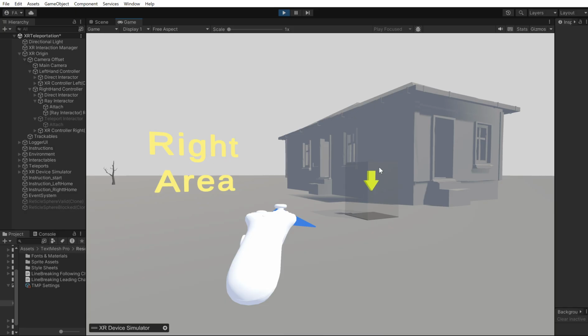For wayfinding, I use predefined teleportation markers placed at key locations in the environment. These markers act as navigation points and help users understand where they can go. You can see them right here. They are yellow pointers